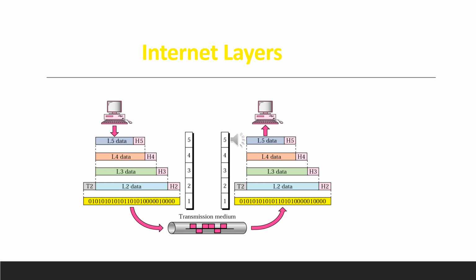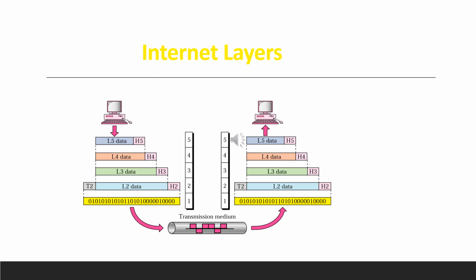Then again L3 will receive the data as L4 data plus the header of L4, and it will add header 3 to it. Then the data link layer, which is layer 2, adds a header to the data as well as a trailer, because the trailer is used for error detection and correction. Then the whole data plus header and trailer will transfer to the physical layer, and the physical layer will transfer it bit by bit to the